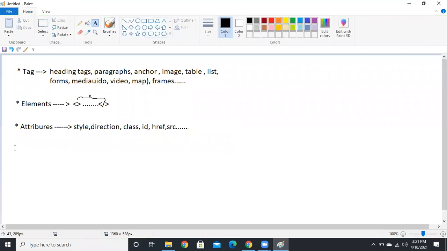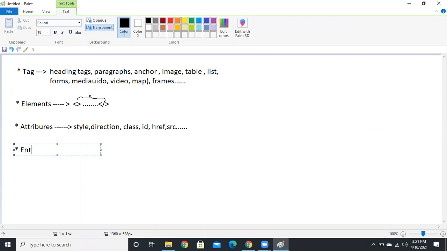And next we have entities, guys. An entity is just like a string. It starts with an ampersand and ends with a semicolon. Suppose you want to insert a space between words, we use ampersand NBSP. For more space, we use ampersand EMSP. If you want to insert special characters like copyright, registered or trademark, or even the rupee symbol, which is not available on our keyboard, we use entities.